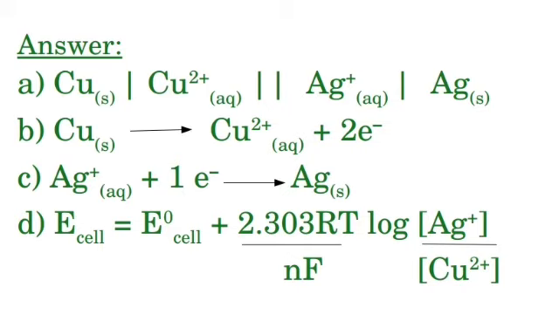C. That is the cathode reaction. Ag+ is getting reduced. So shall we see the reaction? Ag+ plus 1 electron gives Ag. Question D. That is the Nernst equation. So E cell is equal to E0 cell, that is the standard EMF, plus 2.303 RT divided by nF into log of Ag+ divided by Cu2+. While writing, you have to mention